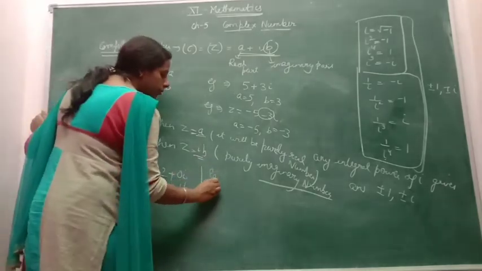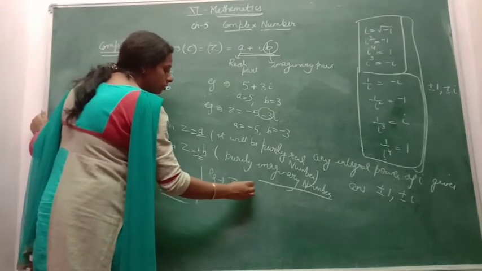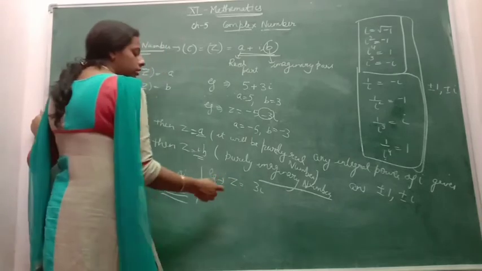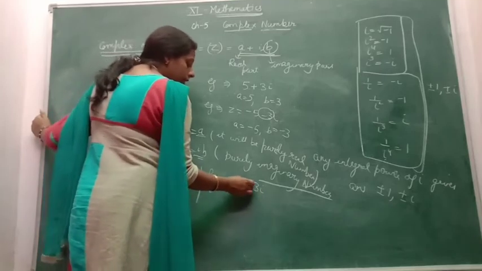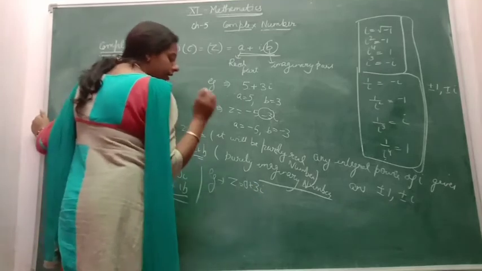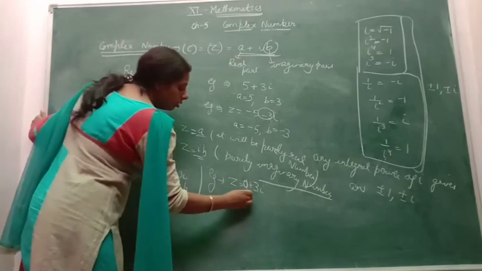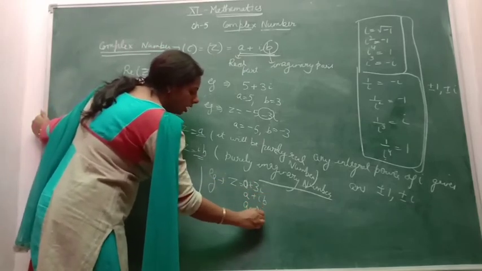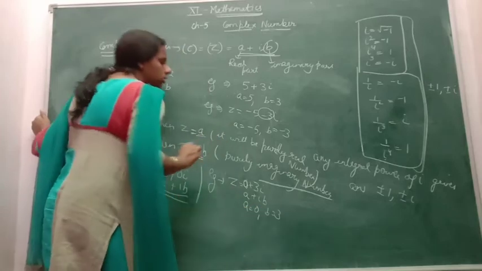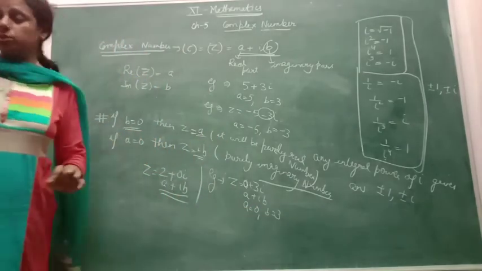Again, taking another example here, the Z is equal to 3 iota, but here is the imaginary part, but no real part. You can make it as A plus iota B by adding 0. Okay, now this is your A and this is your B. Value of A is 0 and the value of B is 3. Okay, now come to the next one.